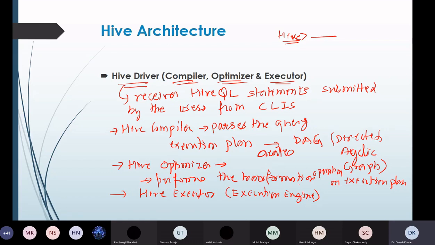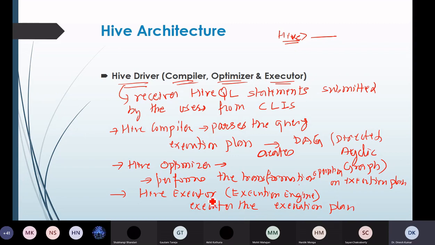It takes time to execute that execution plan, so this subcomponent executes the execution plan.